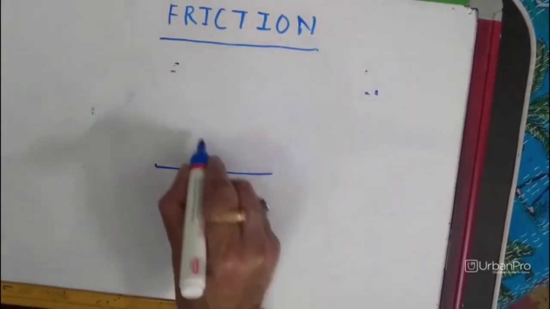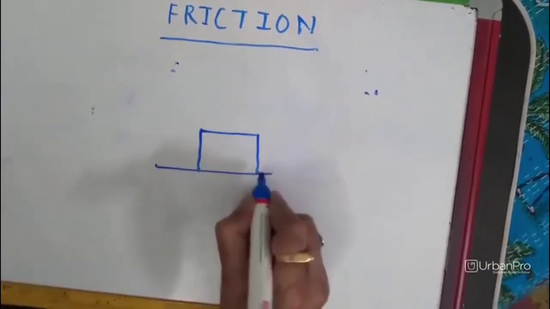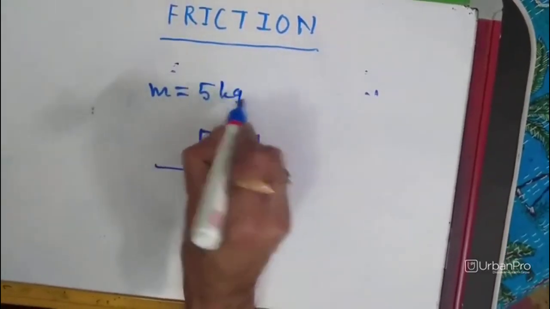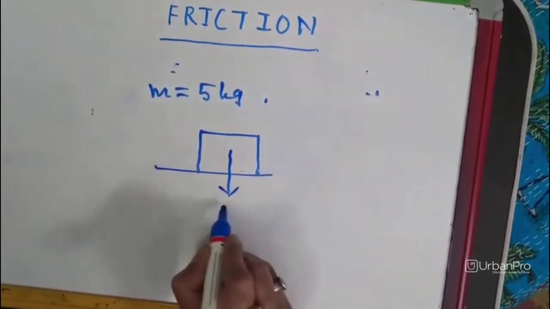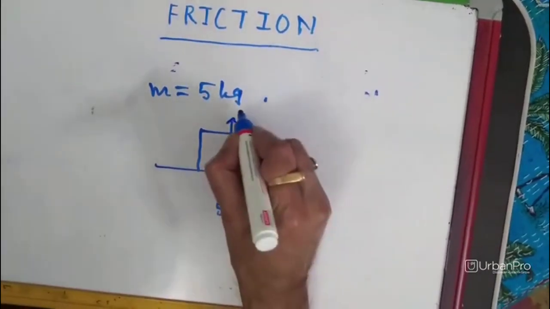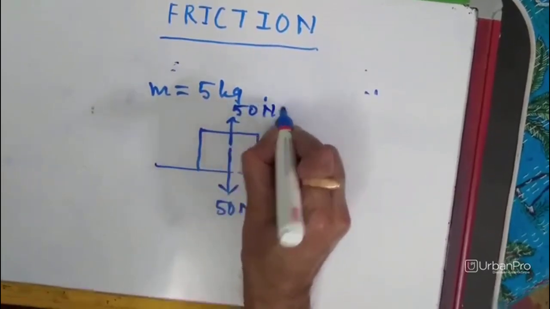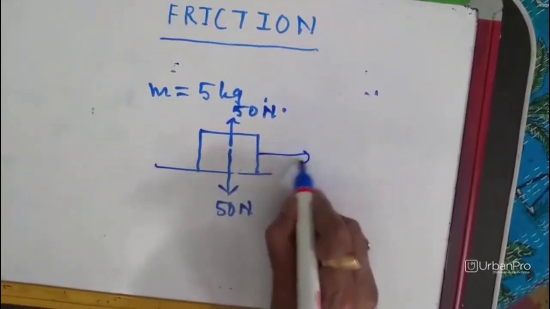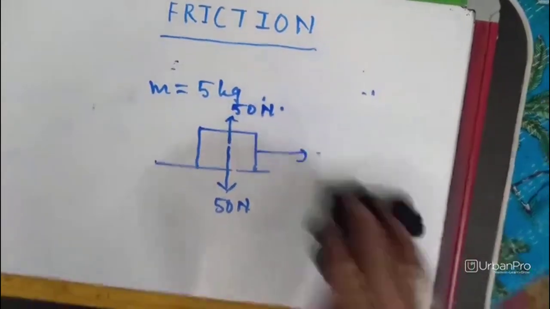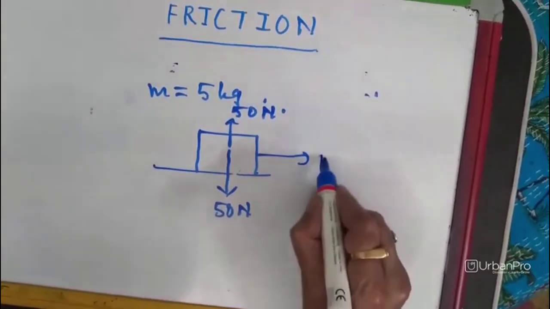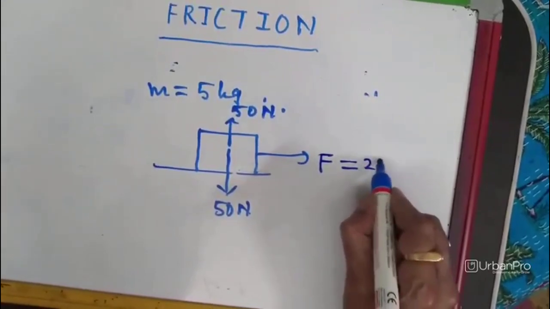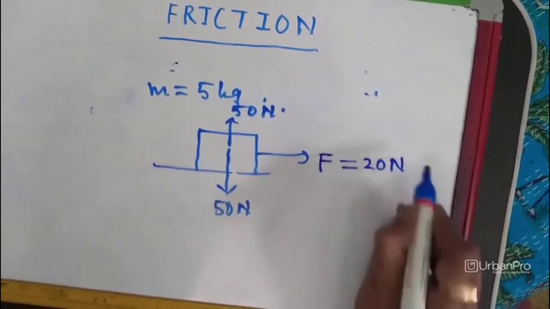So supposing this is a 5 kg block, so mg is equal to 50 Newton. Normal force exerted by the floor on the block is also 50 Newton. You are being asked to pull it with an external force, and students, external force is always denoted as capital F. Now supposing you are being asked to pull it with an external force of 20 Newton,